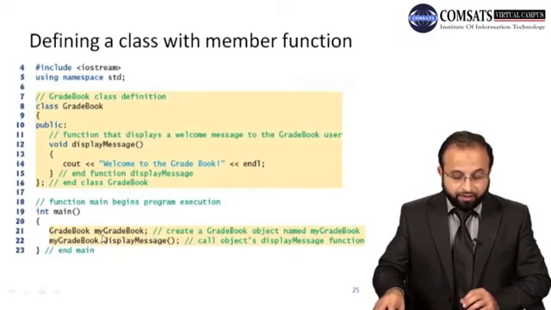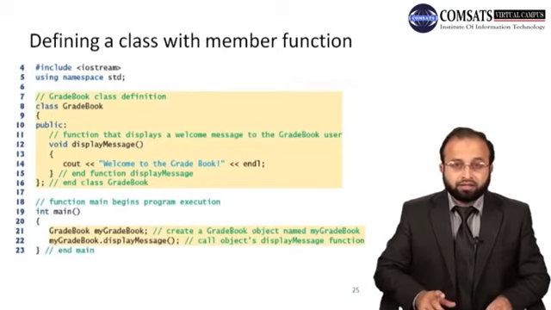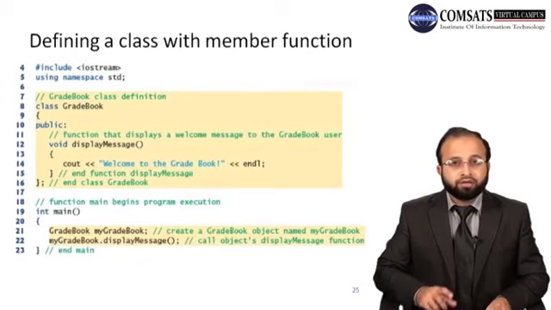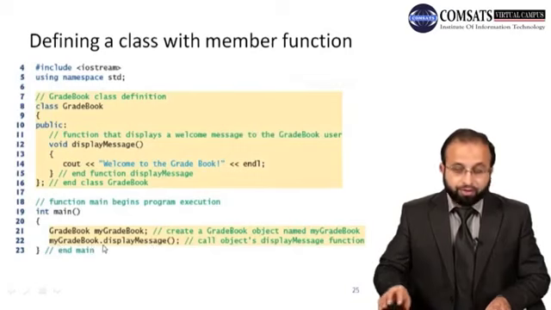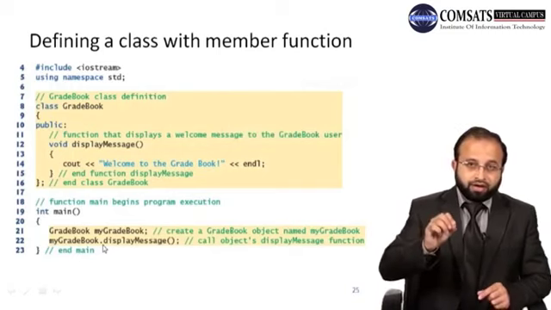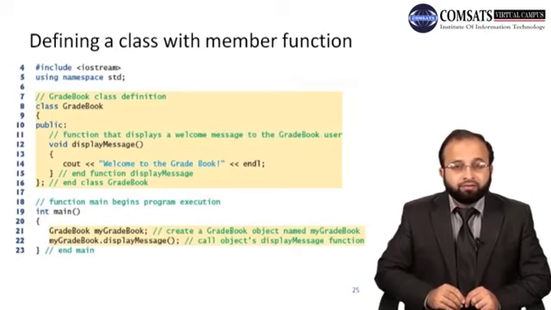So this creates a gradebook object named myGradeBook, and as I told you before, all the public functions of the class that are defined inside the definition of the class are accessible outside the class through the object of that class. Through the object means that now you are calling the displayMessage function with the object myGradeBook using a dot operator. So with an object you can write object dot, same as in the case when you are accessing a field of